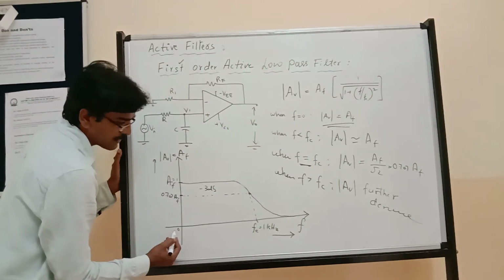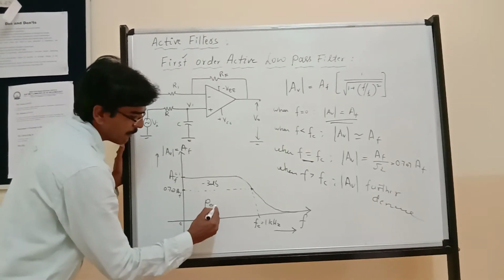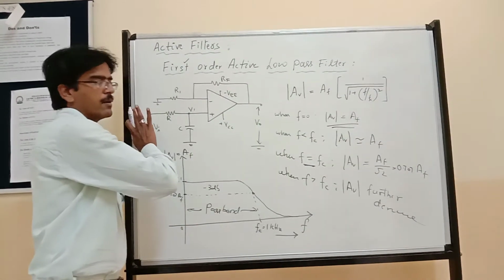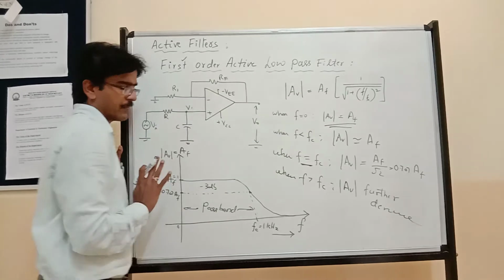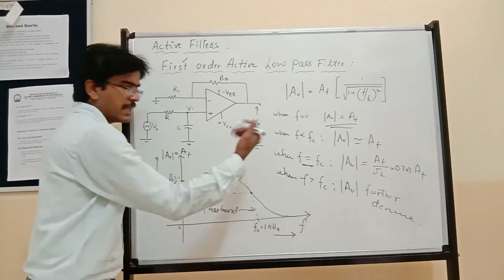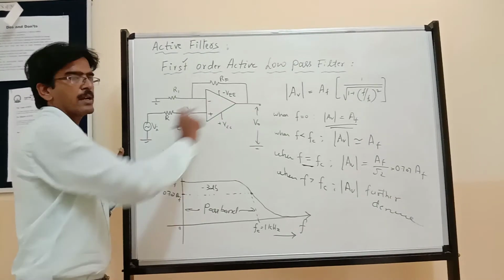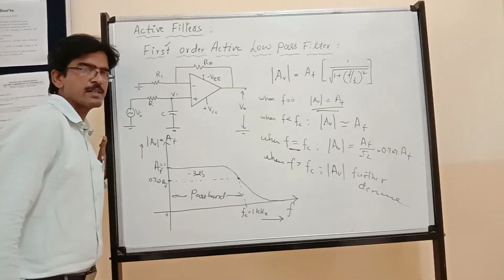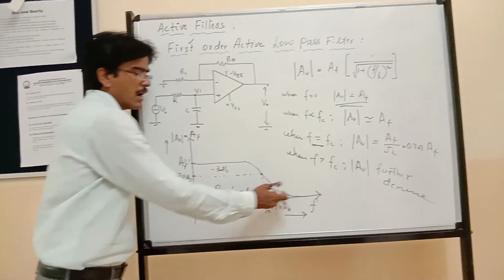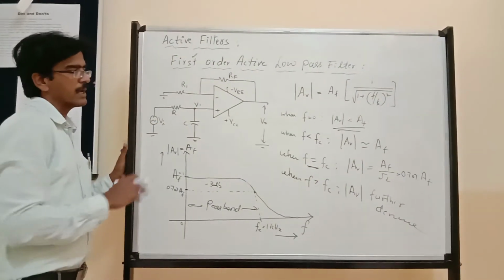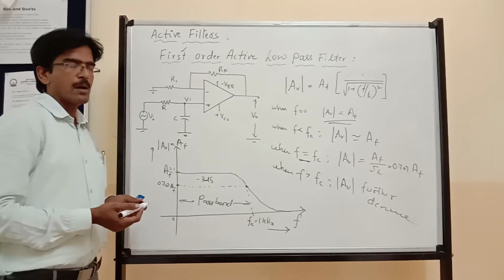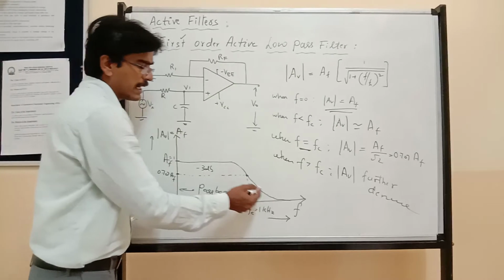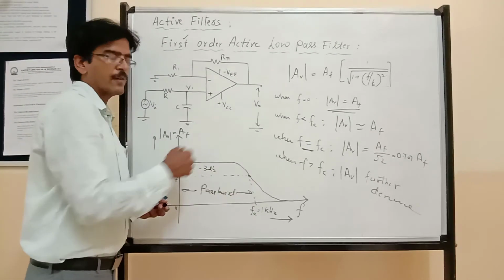Therefore, between 0 to FC, this band we call the pass band. During this band, all the frequency signals will be passed by this filter. After that, gain decreases. Gain decreasing means the output signal starts attenuating. So it slowly starts rejecting the signals. Above FC we consider them higher frequency signals. All higher frequency signals will be rejected by this filter. That is how we can mathematically prove that it acts as a low pass filter, allowing only low frequency signals, and later it slowly starts rejecting the high frequency signals.